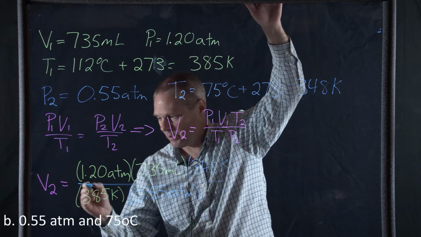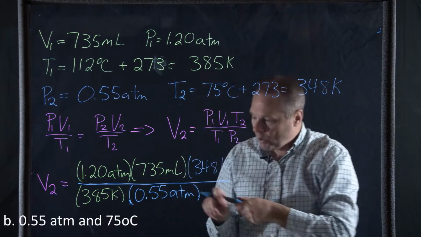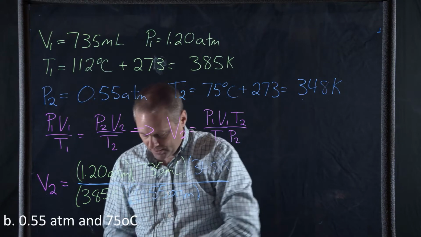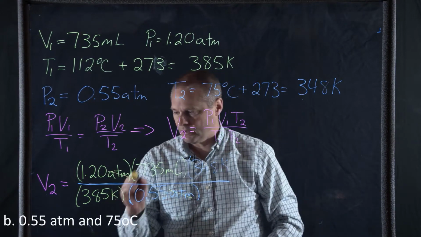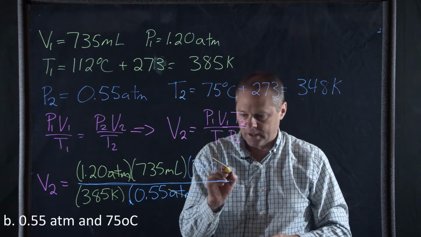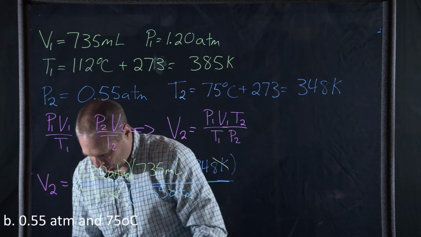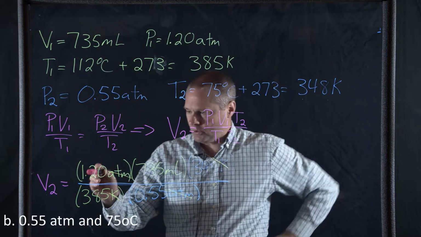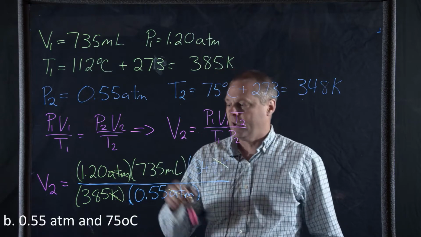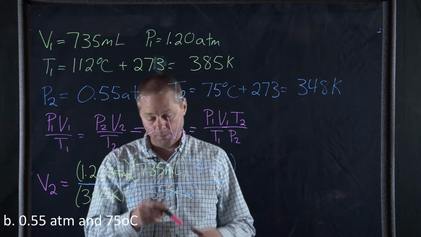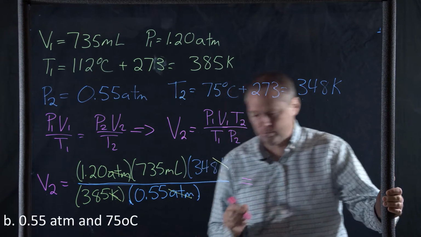Let me just make sure that divide is there. Now if we look at what's going to happen to these units, once again, the atmospheres cancel, the Kelvins cancel, and when we do this arithmetic, let's take 1.2 times 735 times 348 divided by 385 divided by 0.55, what we get for the new volume is going to be